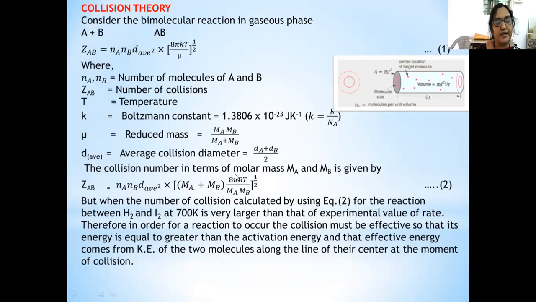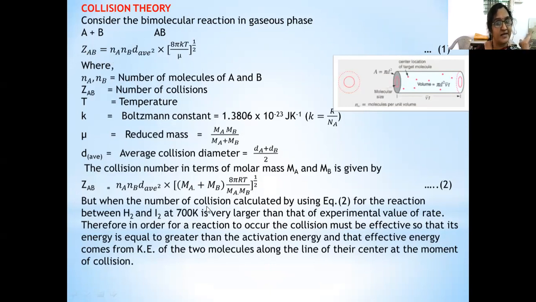Now, the collision number in terms of the molar masses Ma and Mb is given by ZAB equals NA NB d average square into ((Ma plus Mb) 8 pi RT divided by Ma Mb) raised to the power 1 by 2. Here we take the gas constant, there we take the Boltzmann constant. But when the number of collisions is calculated by this equation 2 for a reaction between H2 and I2 at a temperature of 700 Kelvin, it is found to be very, very much larger than the experimental value, because we consider all the collisions,